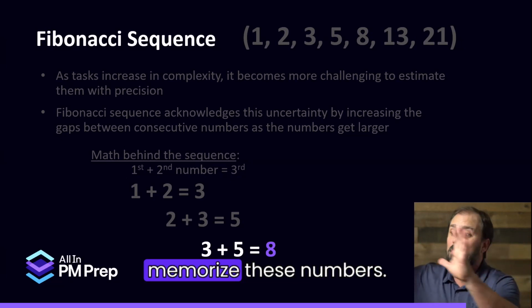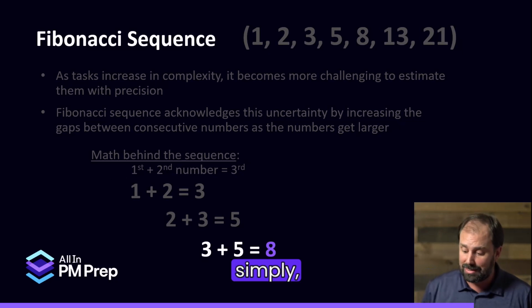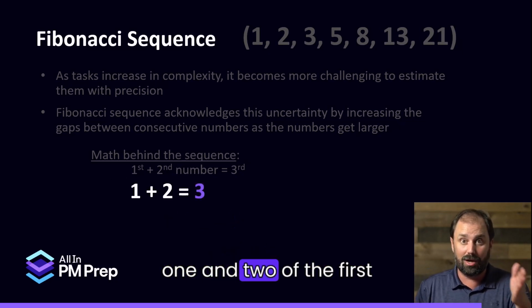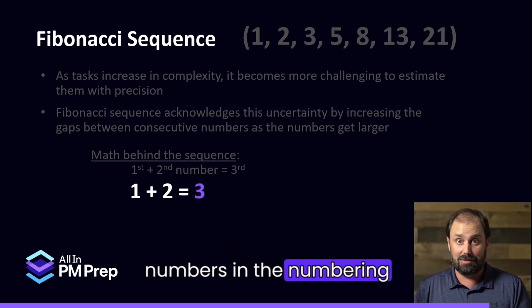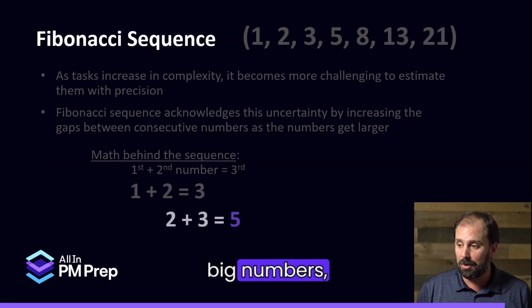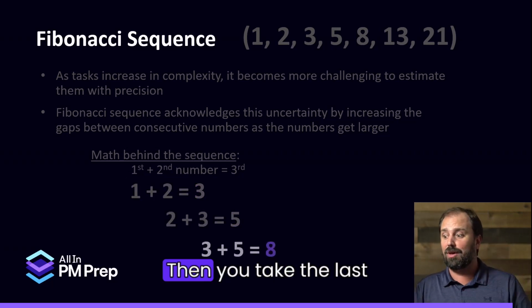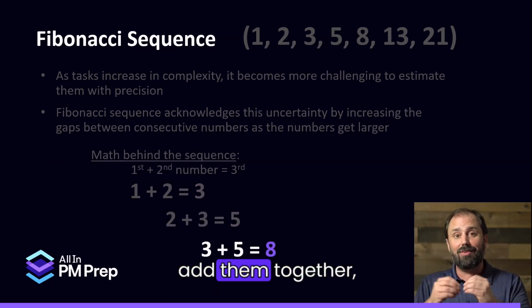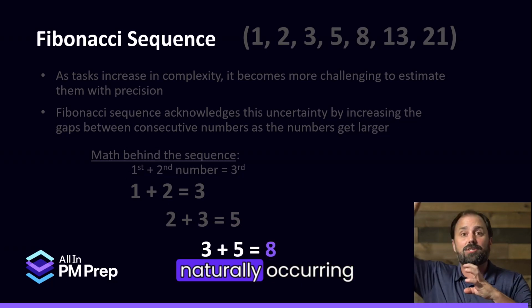So you don't have to memorize these numbers. You just know very simply, if we started counting, 1 and 2 are the first numbers in the number line, right? Easy peasy, add them together, 3. Then you take the next two numbers, 2 and 3, add them together, 5. Then you take the last two, 3 and 5, add them together, 8. You can keep on going. Naturally occurring sequence as